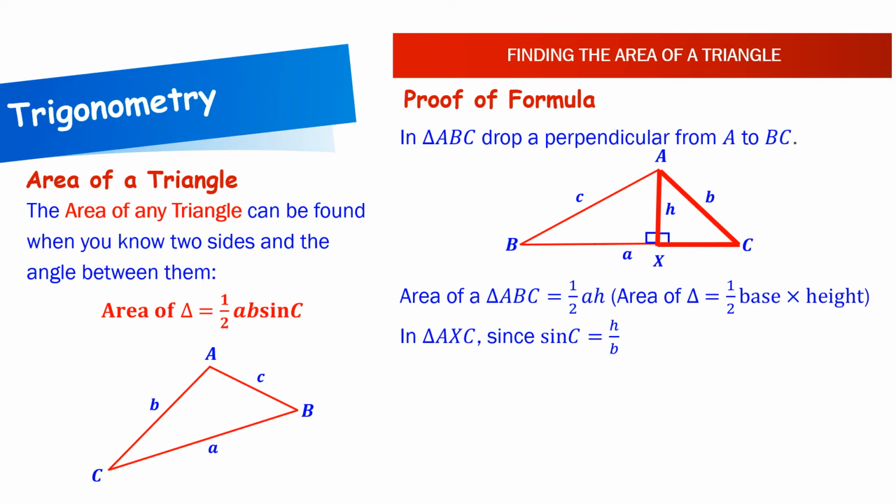Now in triangle AXC, sine C is equal to h over b. This is from the formula sine theta equals opposite over hypotenuse, where sine theta equals sine C, h is the opposite, and b is the hypotenuse. Rearranging this, we have that h is equal to b sine C,